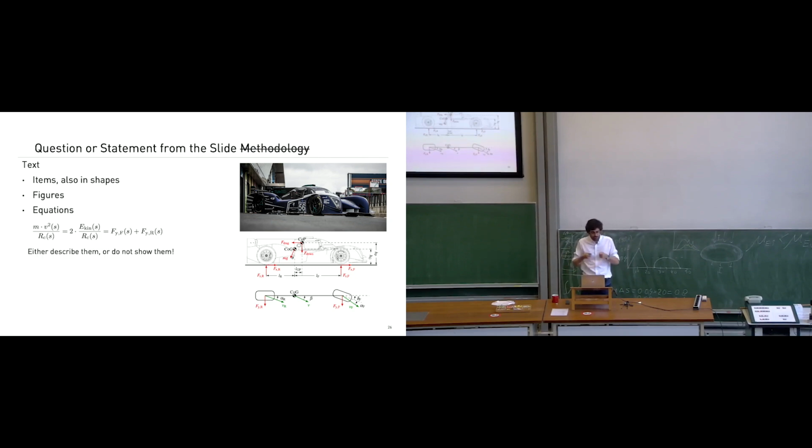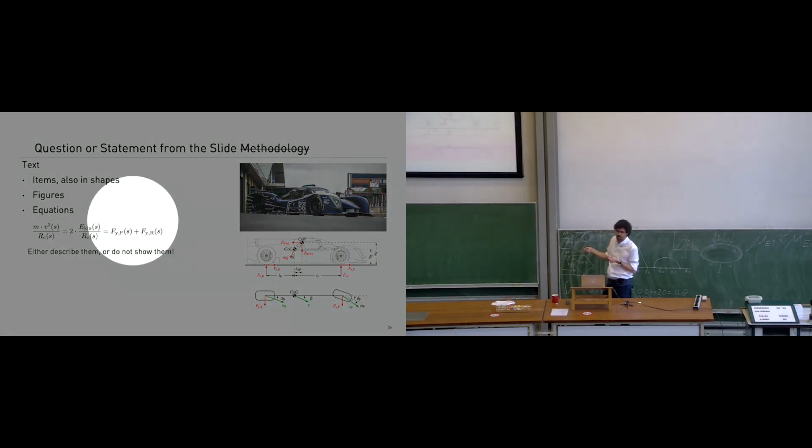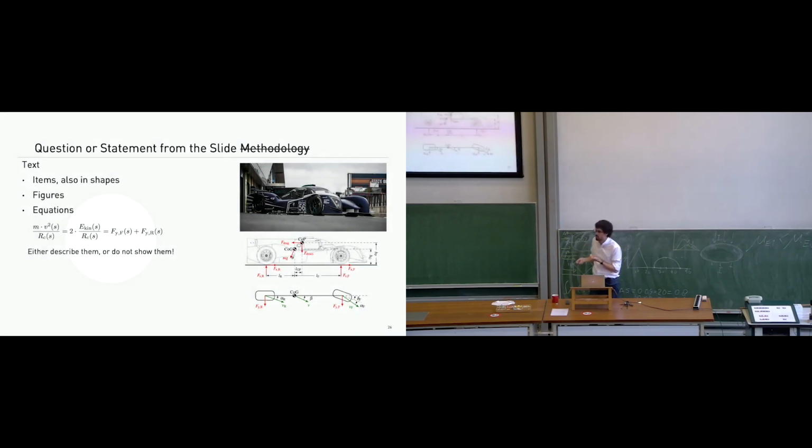Equations. If you show an equation, talk about it, because otherwise the audience is lost. So in this case, I'm saying, oh, the lateral forces acting on the wheels, their sum is equal to basically what is generated by the fact that the car is turning with a radius of curvature r_c at a speed v. So m v squared by r_c. This is the force, which is actually twice the kinetic energy by r_c. If the radius of curvature is given, then this is a linear equality constraint, which in optimization is very nice.